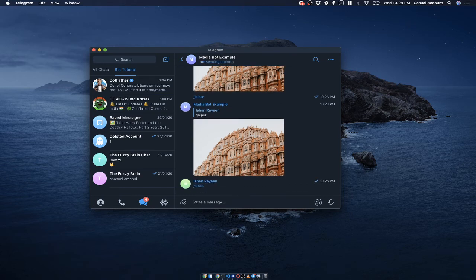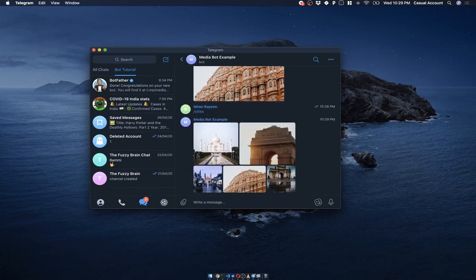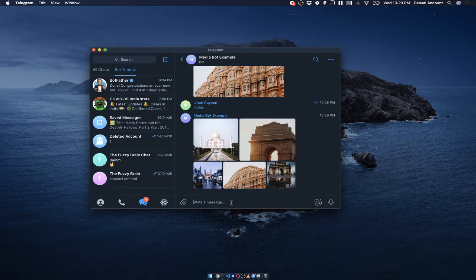It might take some time. And you can see all the images have arrived.